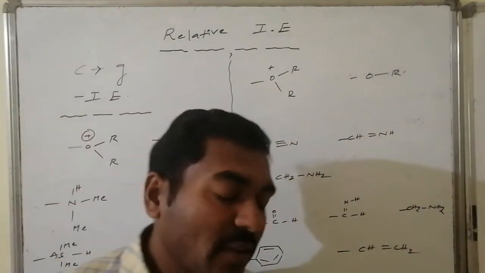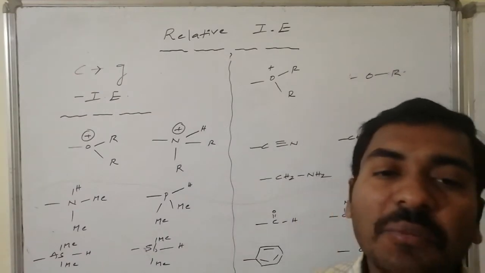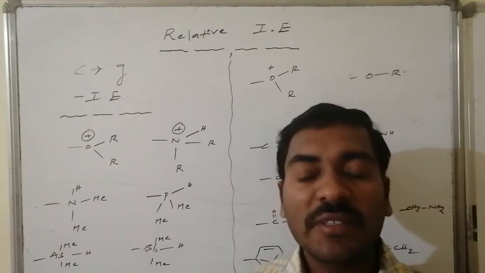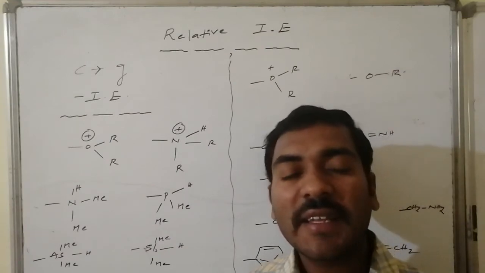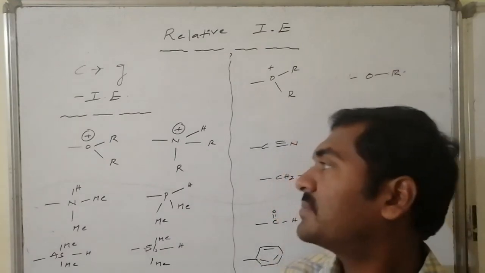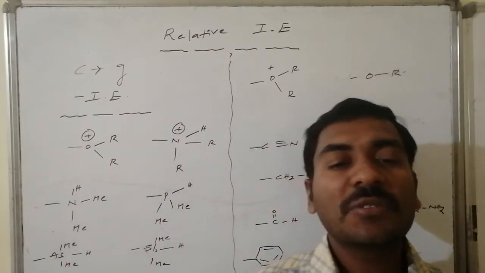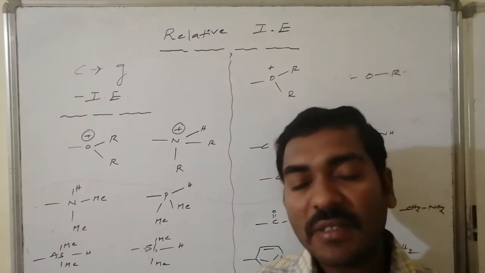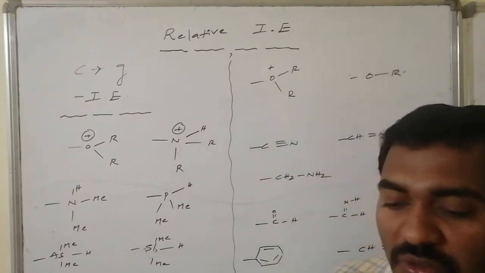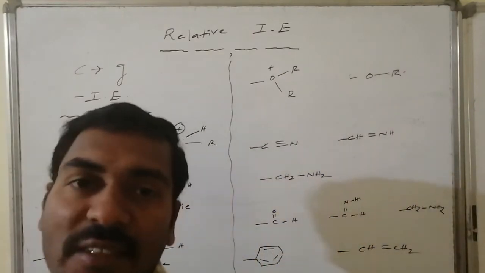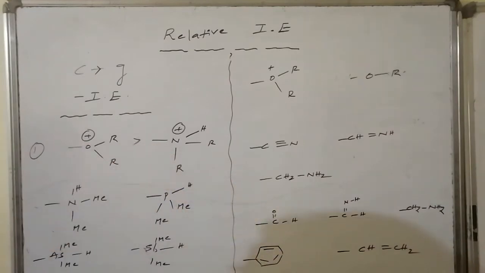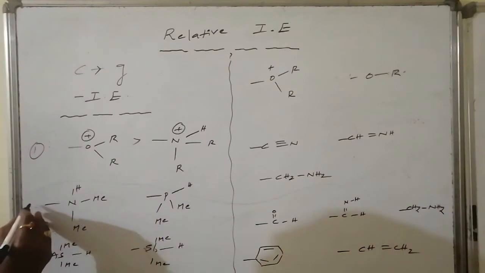Whereas oxygen is holding 1 unit of positive charge, oxygen is relatively more electronegative than nitrogen under neutral conditions. In the second case, both have 1 unit of positive charge, and with this cationic character, if you compare electronegativity, once again oxygen is more electronegative. Therefore it will withdraw the electron density. Hence the relative ability of oxygen is higher compared to nitrogen. In this way, the negative inductive effect order is present. Whereas case number 2, let us go.